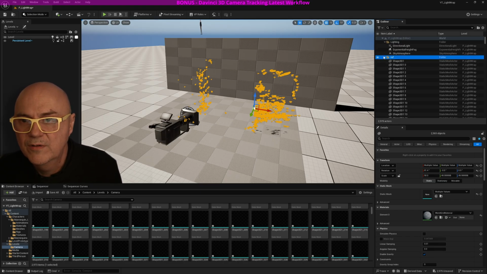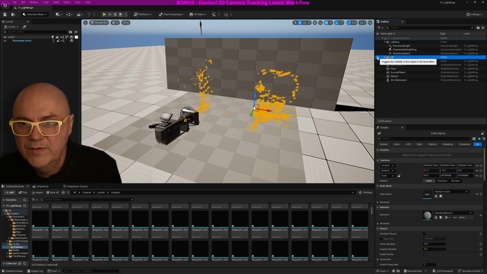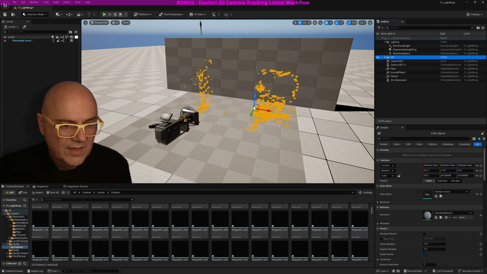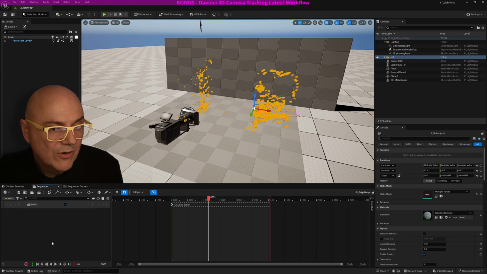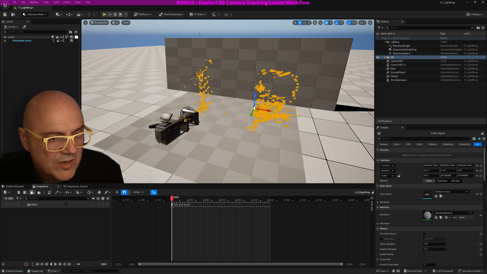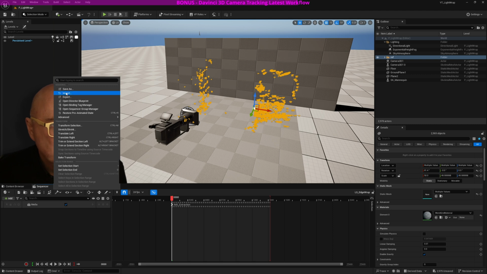So you can turn them on and off. There we go. Turn them on and off if you want to. And so now we're going to go to the sequencer, and we're going to bring our camera in through here. So going to go to the start frame. I don't think it makes any difference, but use this one here, the little wrench, and then you import that